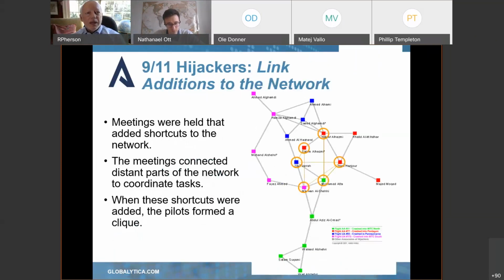So then if you take a look again, you're looking at meetings. So we've added meetings and other things that are happening. As you put in the meeting lines, you start seeing relationships and who's talking to whom. And here we can see that the pilots formed their own little clique where they were talking to each other. And that would help you then identify who the pilots were. You may have known about 3 of them now, or 4 of them, but now you've got the whole group, and you can go from there.